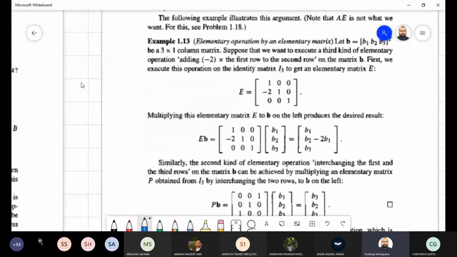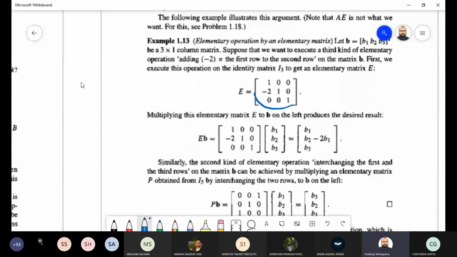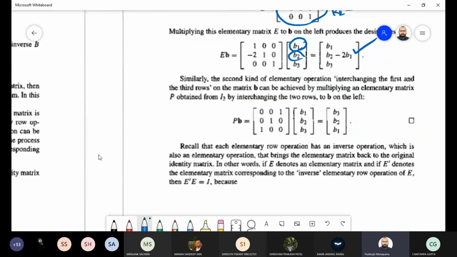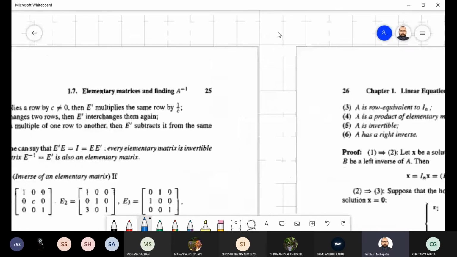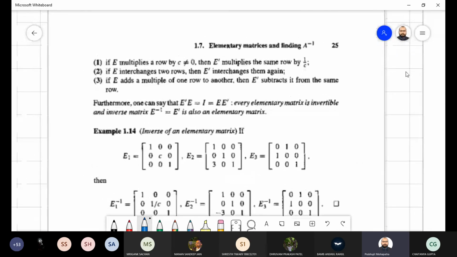The same thing you can see, we have taken one elementary matrix, and there what we have done is multiplied -2 with row 1 and added to row 2. Okay. So the same thing is happening, -2 multiplied with row 1 and added to row 2. The same thing is going to happen. Okay. They have taken one column matrix. Is it okay to everyone or not? Because this is very important to understand the concept of elementary matrices.